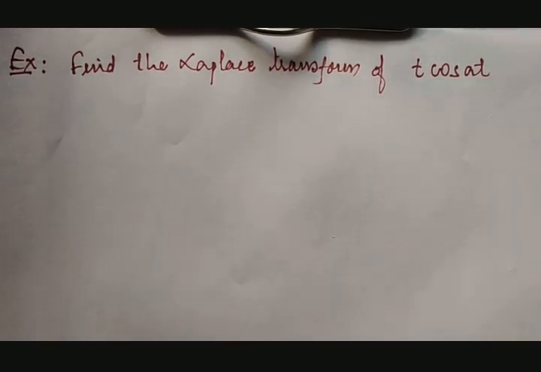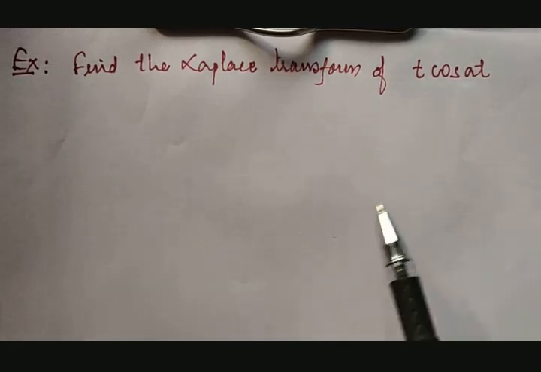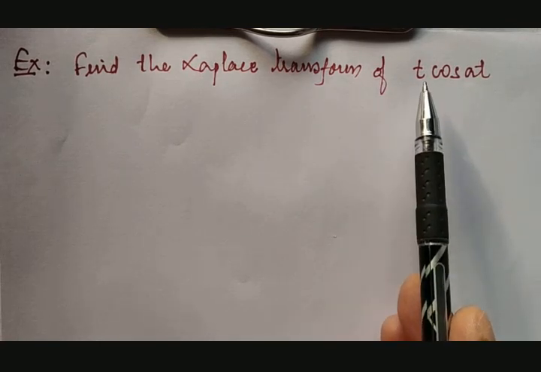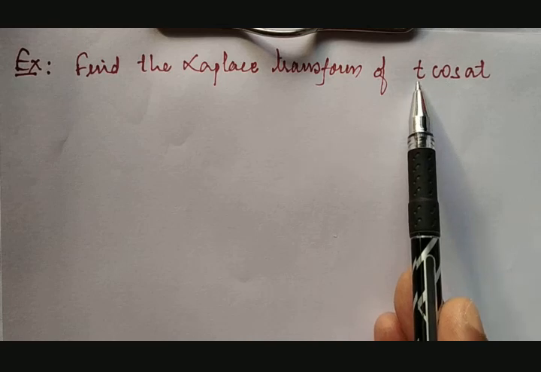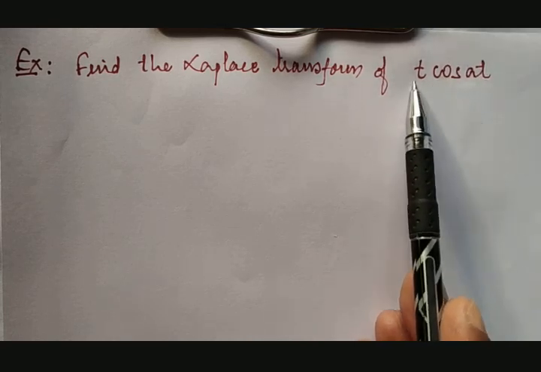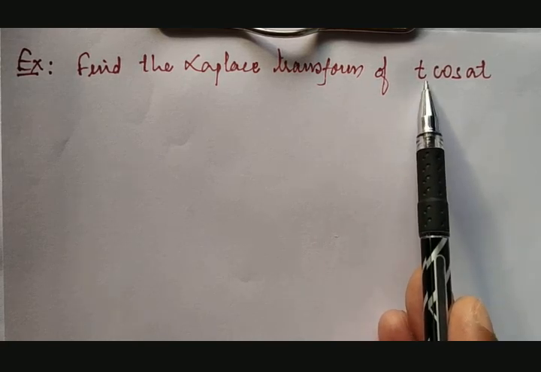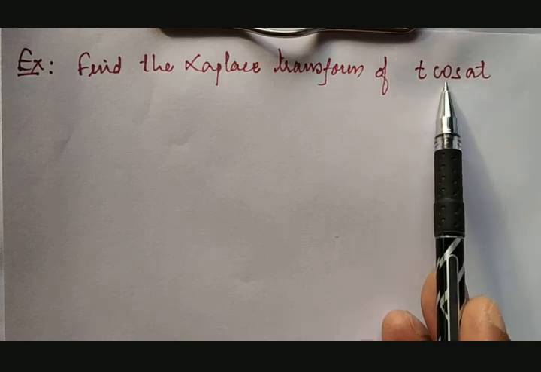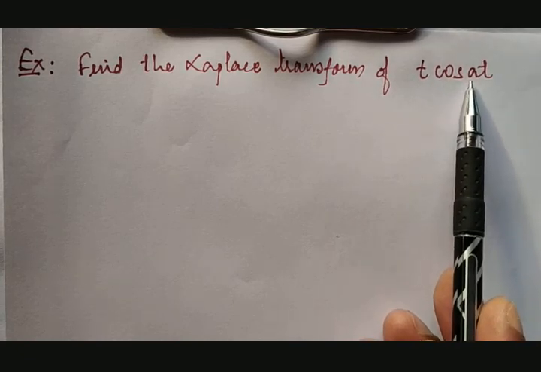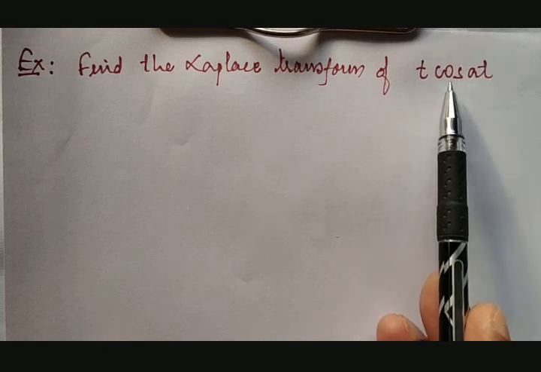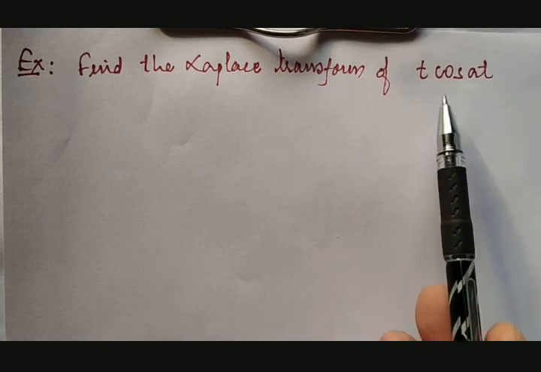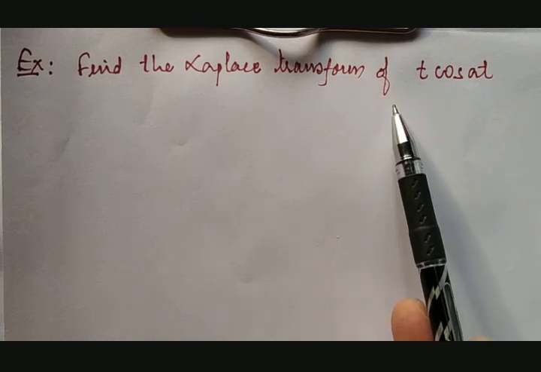Today, we are going to discuss how to obtain a Laplace transform of t into cos at by using the derivative property. Here, the derivative property helps us find the Laplace transform of a function that is a product with t. T into cos at, trigonometric into algebraic. If t square, t cube, t raised to 4, anything up to t raised to n, has been multiplied with another function whose Laplace transformation we know easily, then we can obtain the Laplace transformation of the product of these two easily by using the derivative property.